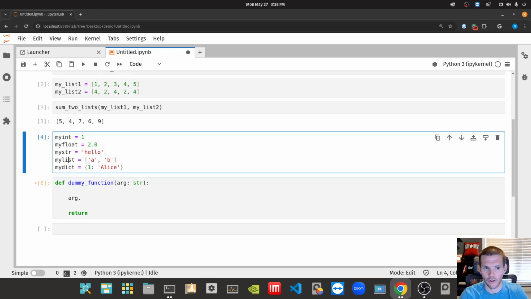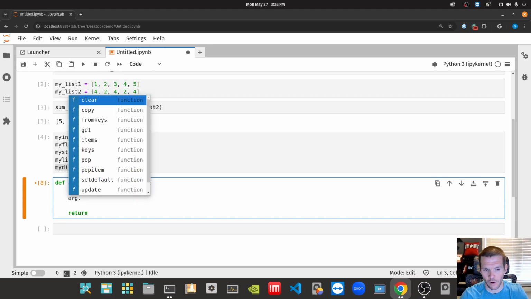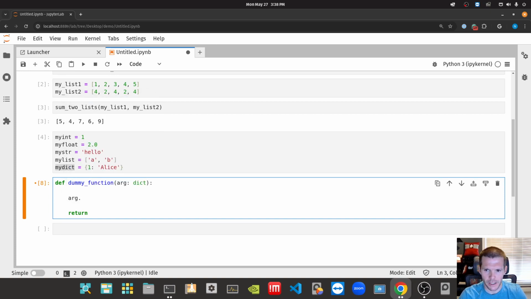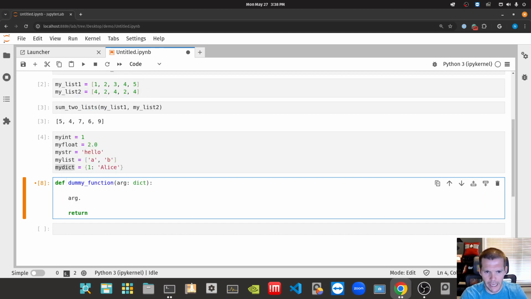All right. Or if I said it's going to be a dictionary, right? So I say arg is going to be a dict. Now arg has a keys and items method. So this is really helpful, and this can give you some real efficiency as you're developing, because now if you've got your argument, it knows it's going to be a dict. Well, now you can hit dot and tab, and you've got the methods available to you for that type. That's really handy. All right, so let's set this thing to be a string, and then let's do an arg.capitalize,